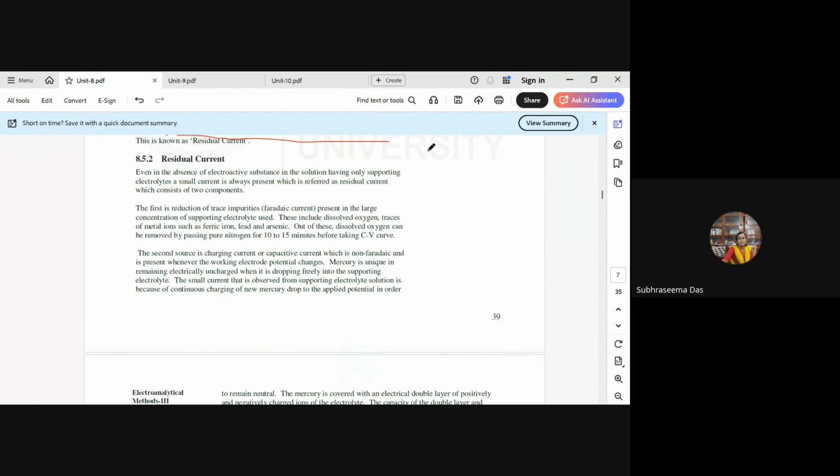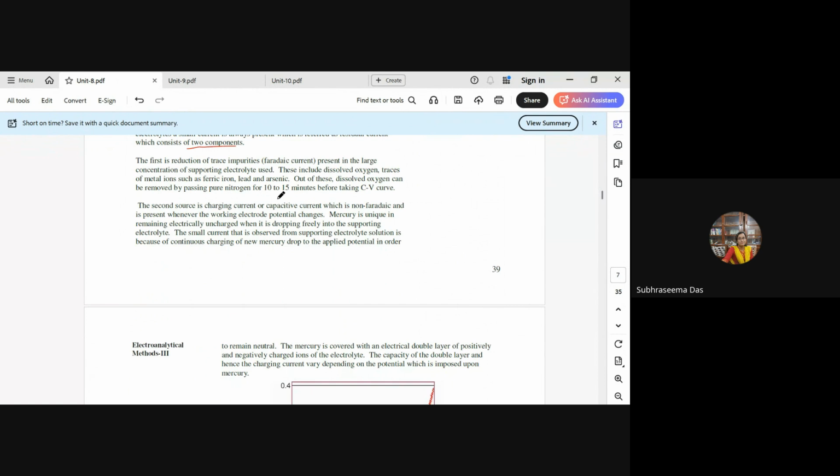Technically speaking, the residual current consists of two components. The first is the reduction of trace impurities present in the large concentration of the supporting electrolyte used. These include dissolved oxygen and traces of metal ions such as ferric iron, lead, and arsenic. Out of these, the dissolved oxygen can be removed by passing pure nitrogen for 10 to 15 minutes before recording the curve. The second source is the charging